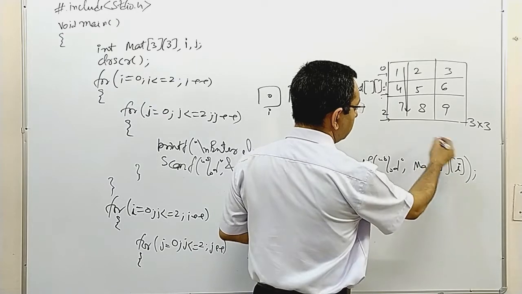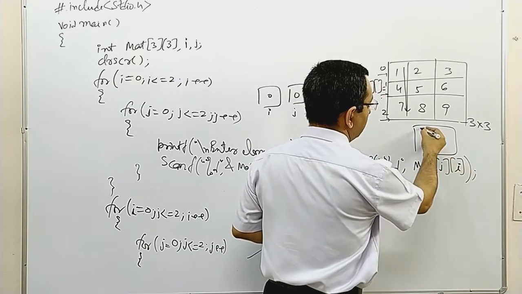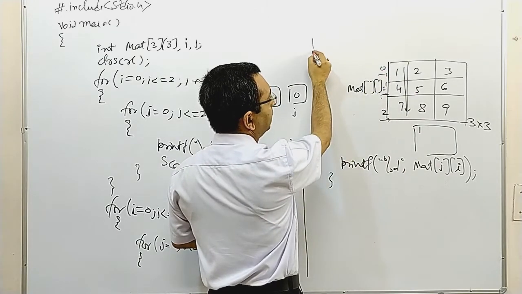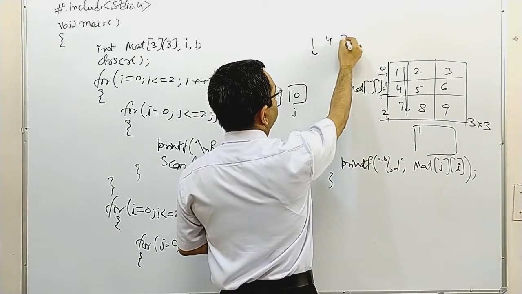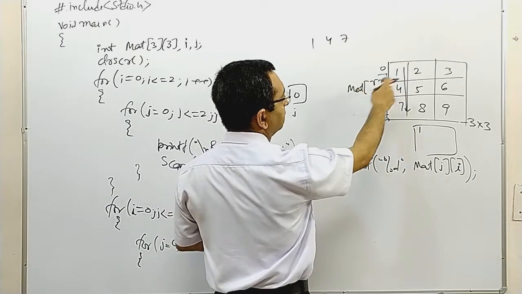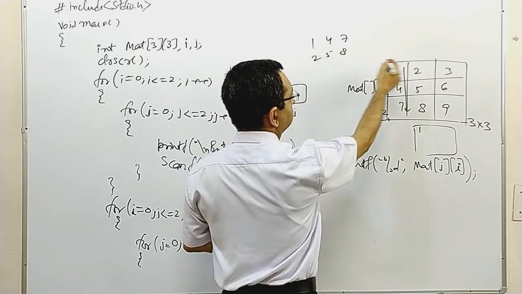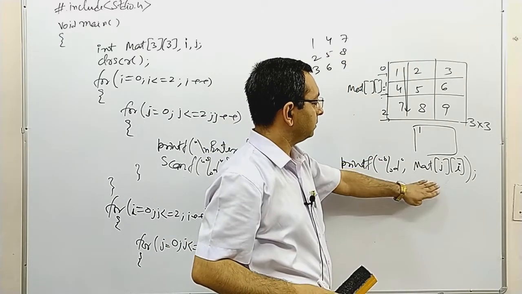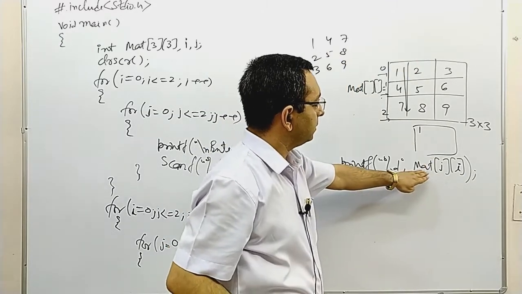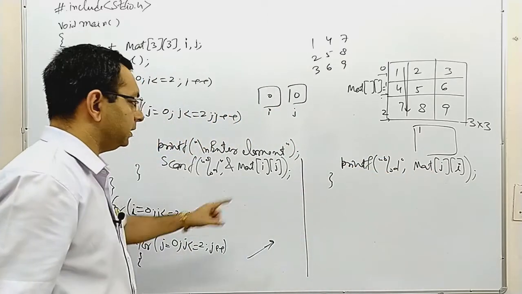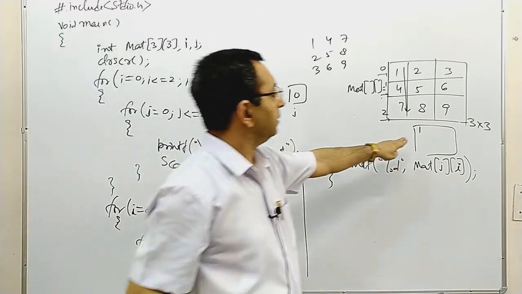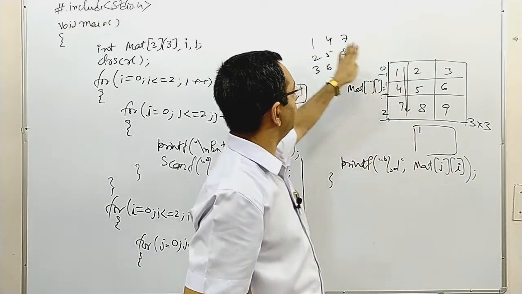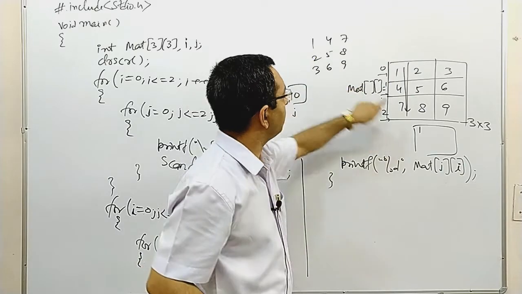So here we are printing the desired output, and what was the output that we were calculating? It was 147, 258, 369. So this output should be there. Because the value of j is 0 and i is 0, the matrix having the 0 0 element should be printed as this. So it is now matched.